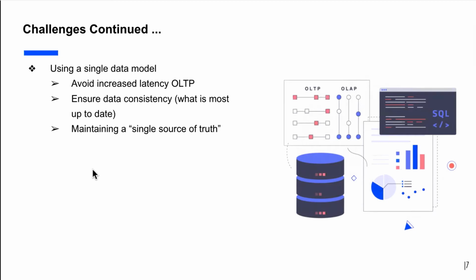You're usually going to increase some type of latency into your OLTP model, and it's really difficult to maintain that single source of truth using those two different platforms, in OLTP and OLAP, right? So those are some challenges that are pretty common for enterprises trying to solve that HTAP, and it's not something